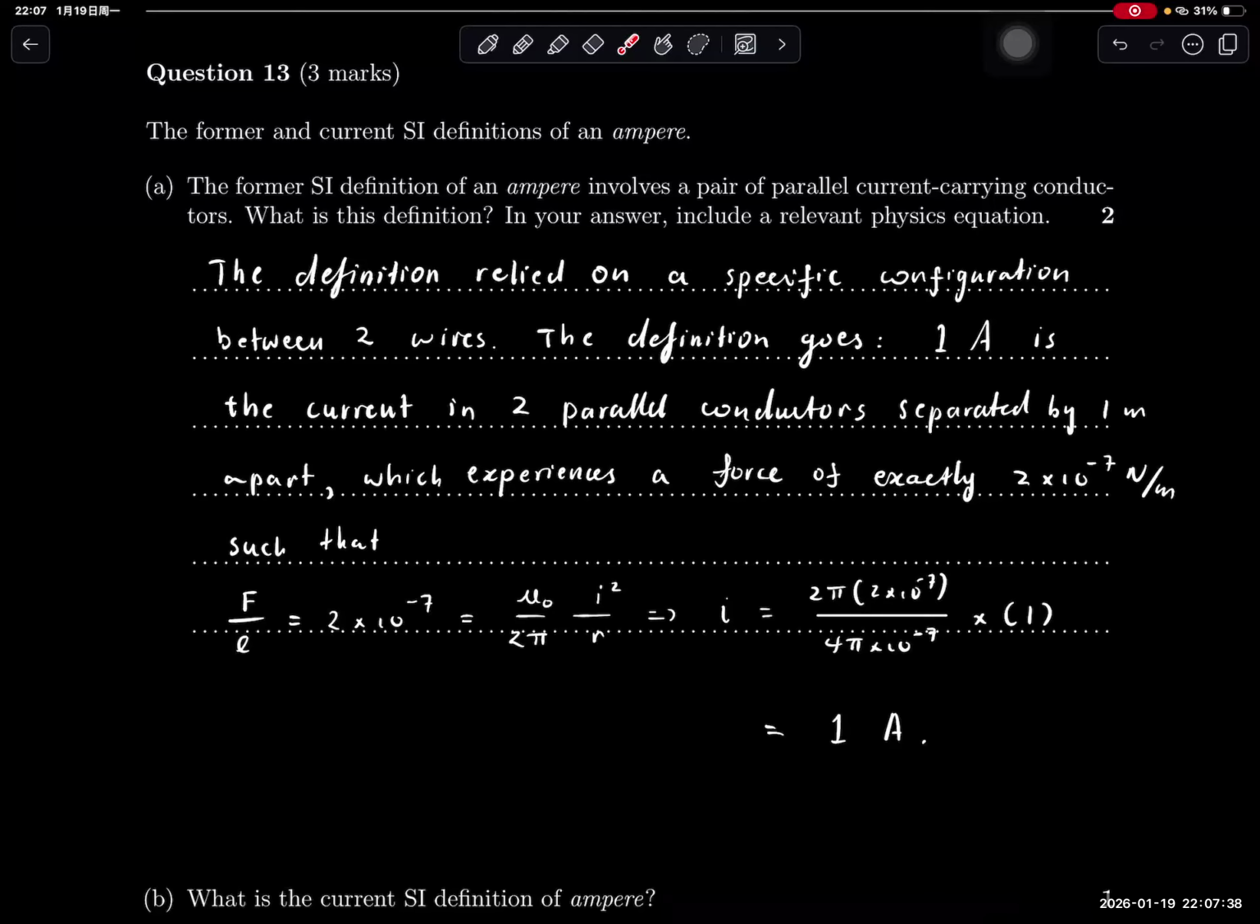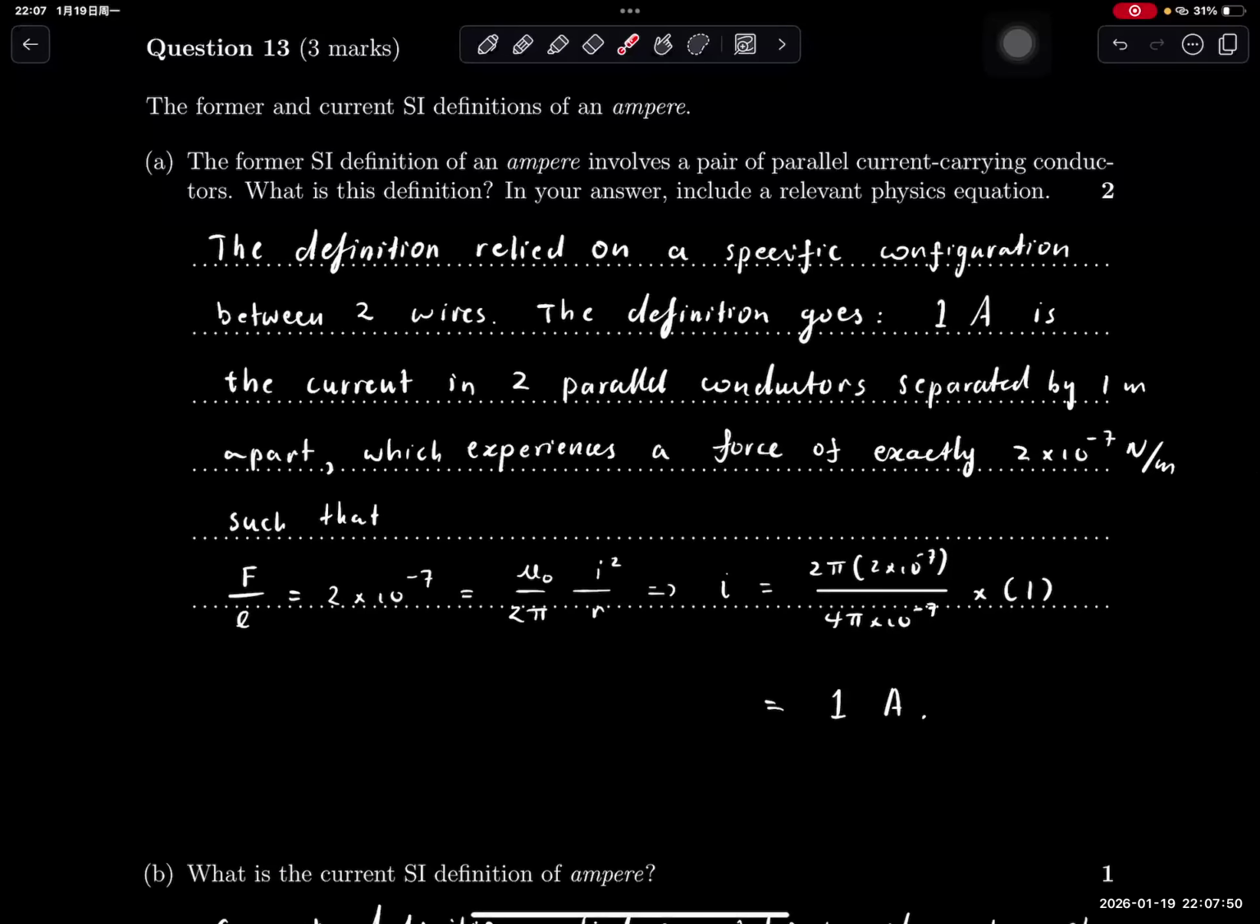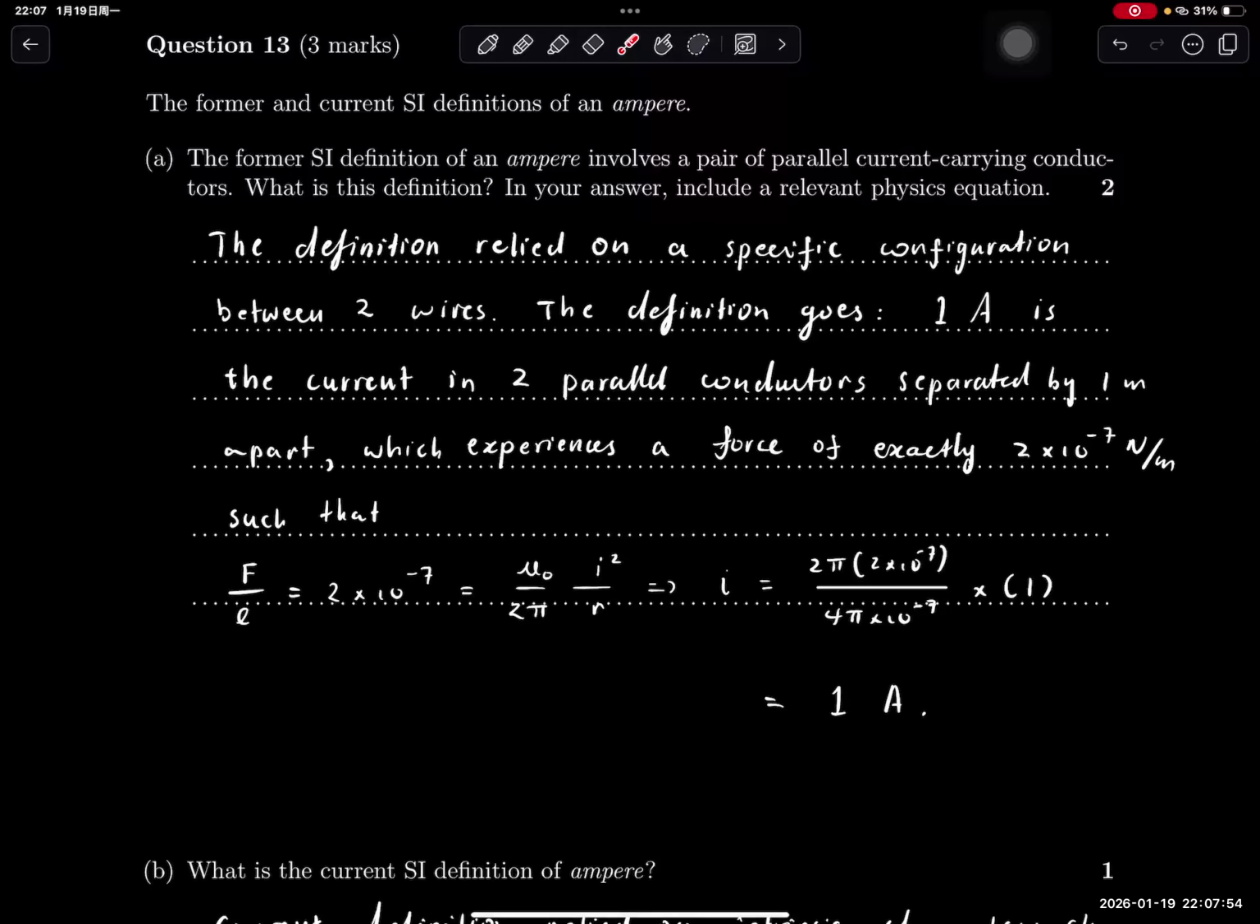Yeah. So the first question: just state what the old definition is, and demonstrate it's 1 ampere using some physical equation. I covered this in class. It's pretty trivial. So the old definition says that we have a specific arrangement between two parallel wires, in such